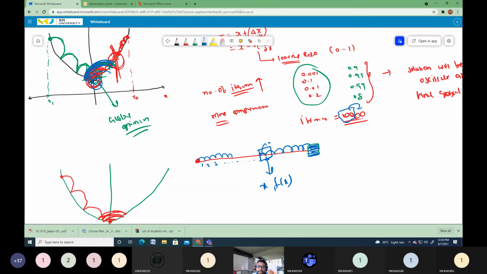So that is the impact of the learning rate on the solution while using the gradient descent algorithm. If your learning rate is small, your step length is small, so it will take more epochs to reach the global optimum point. In such a scenario, you need more computation time.